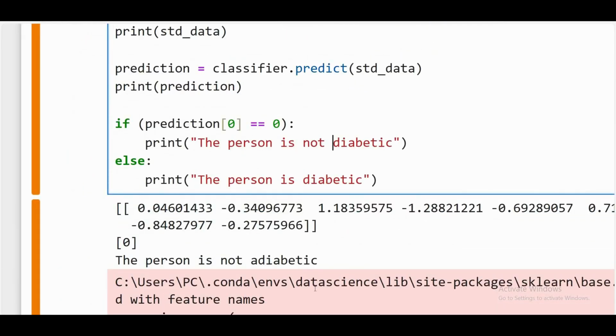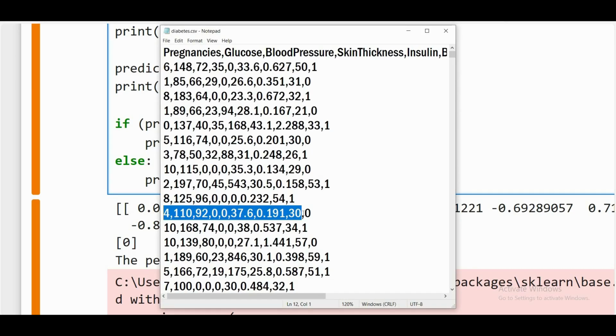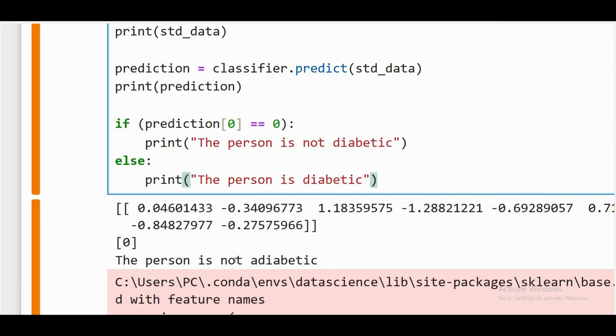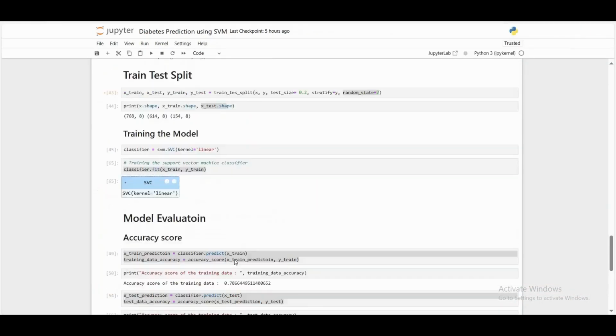If the prediction is equal to 0, that means the person is non-diabetic. That means the person is not diabetic. And if the prediction is 1, that means the person is diabetic. And if we see the result is 0, that means the